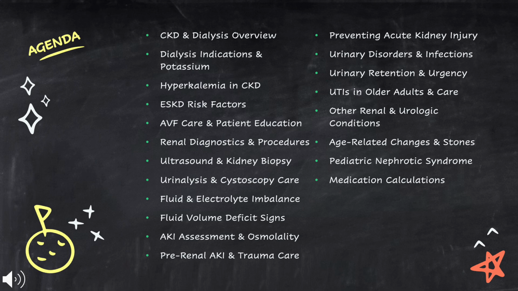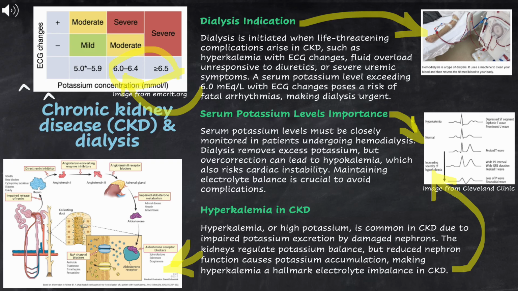We'll also review renal diagnostics, fluid and electrolyte issues, and how to recognize and prevent acute kidney injury. Finally, we'll discuss urinary retention, UTIs, age-related changes, kidney stones, and pediatric nephrotic syndrome, ending with a quick medication calculation review. Let's get started. Chronic kidney disease, or CKD, is a progressive loss of kidney function that can eventually lead